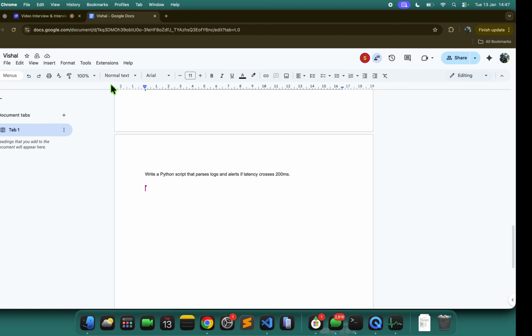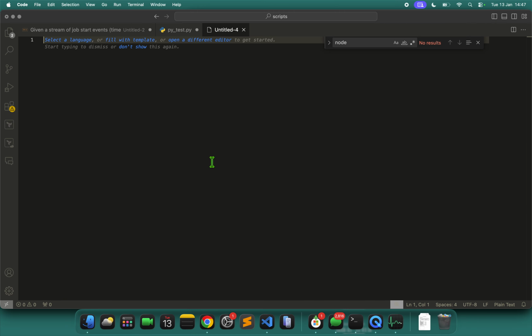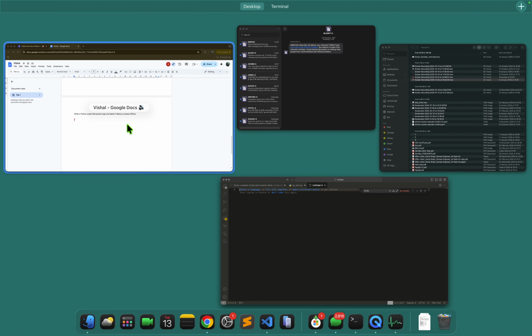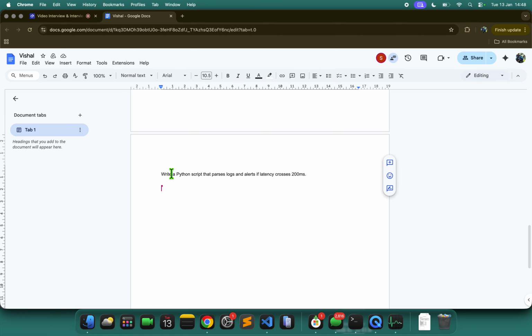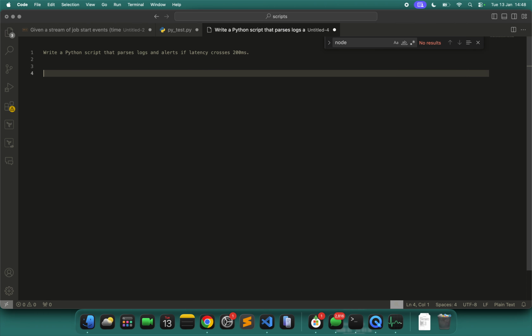Passing these logs, let's say this log is coming in. Primarily your objective should be to write the most optimized code that you can think of. That is the expectation. Don't think of a specific value as such.